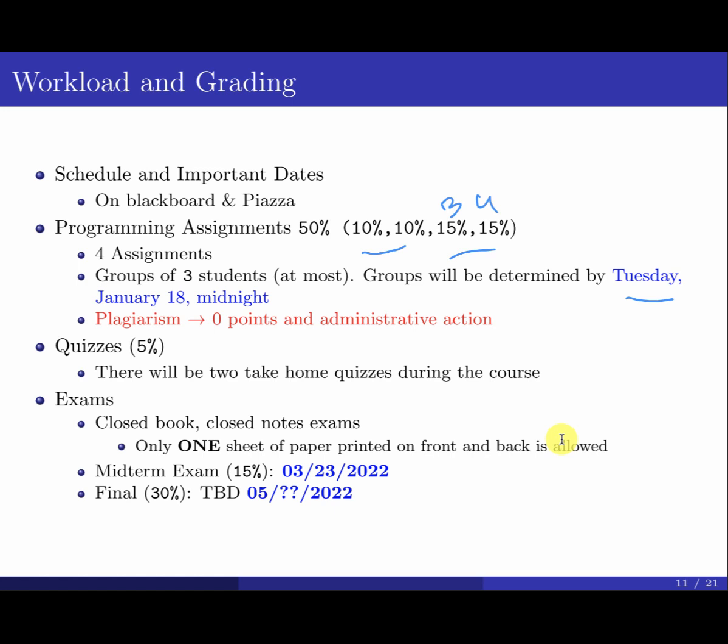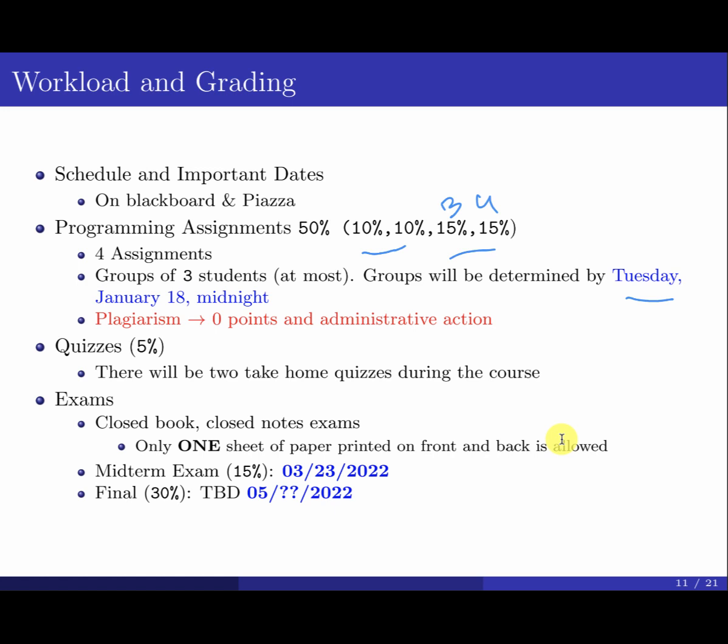As I mentioned before, if you know me, I hate memorizing. I cannot memorize. The only things I can memorize, of course, are my name and my wife's birthday. Otherwise, it's going to be trouble. So I'm going to allow you to have 1 sheet. If someone says, I can't memorize the stuff, for example, we have some formulas, especially for the coding part. We talk about quiz 2 in the last part of the class. We have many formulas that help us estimate the cost of a query. So it doesn't hurt if you write this on 1 piece of paper. Although there is no need to memorize because it's easy to